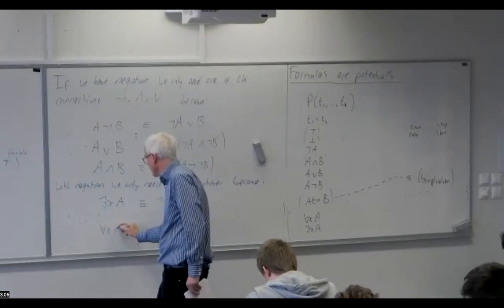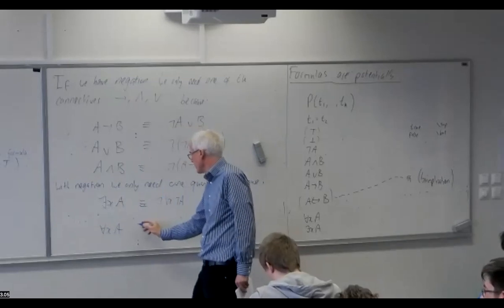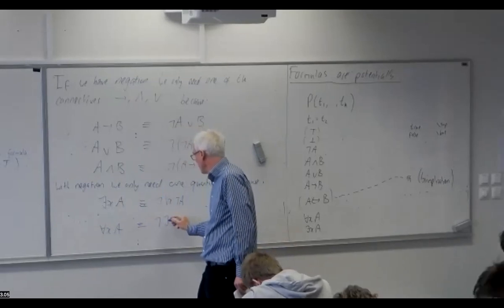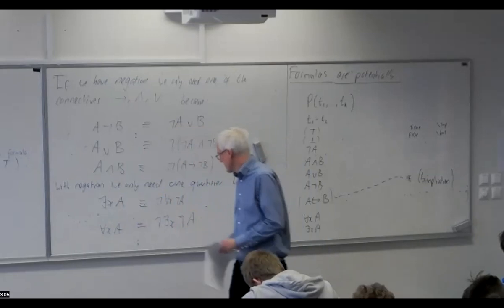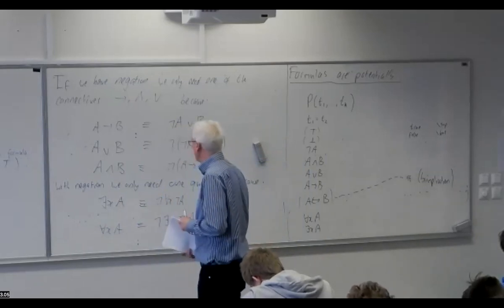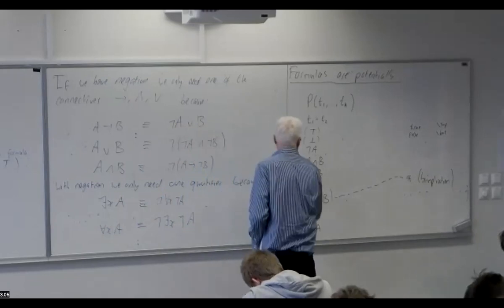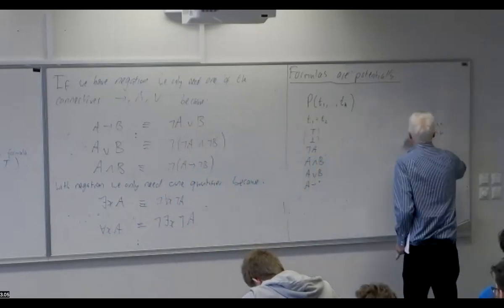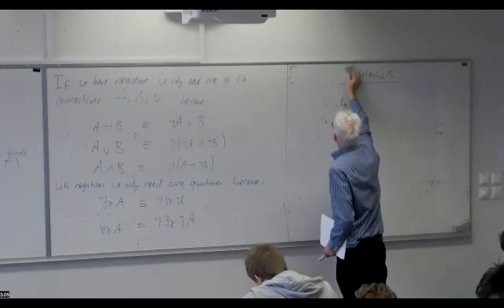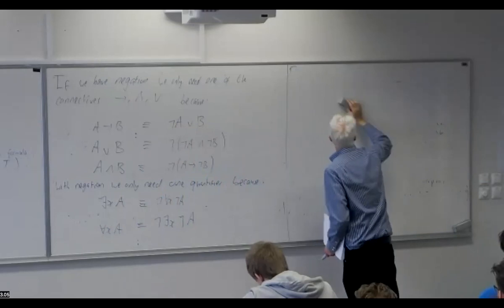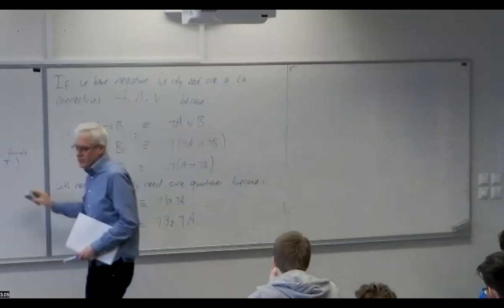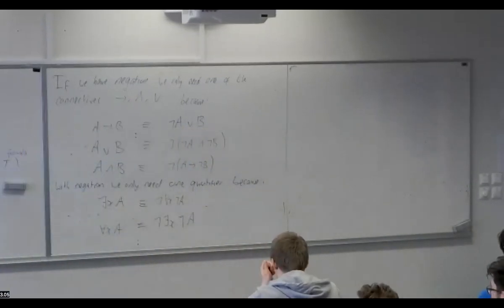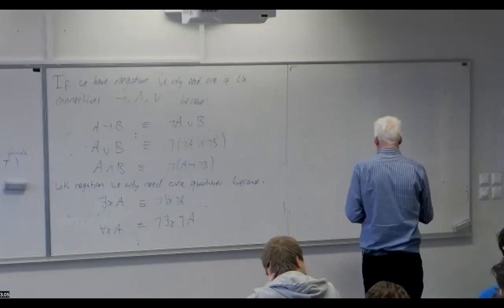The same holds with universal quantification, by the same duality principle: it's not true that there exists an X such that A is not true. So given all this, we can nicely write a table of sufficient sets of connectives based on what we have. A sufficient set of connectives is just a small collection of connectives that suffices for expressing any first order logical property. So we therefore have,